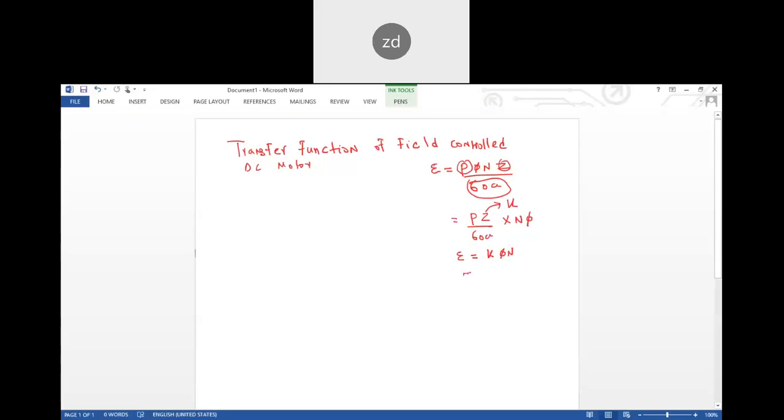And on similar grounds, the torque equation for the motor is written as K phi Ia. Here P is the number of poles. Poles means the magnets connected in the stationary part, where Z is the number of conductors on the field winding. Field winding is the stationary part. So this Z is given like, if you look at these turns,